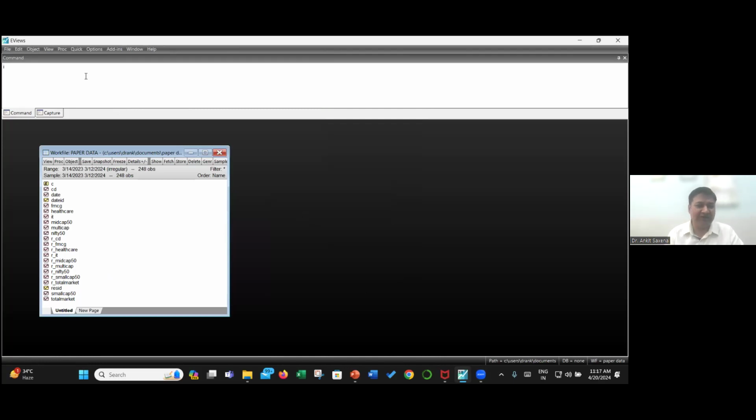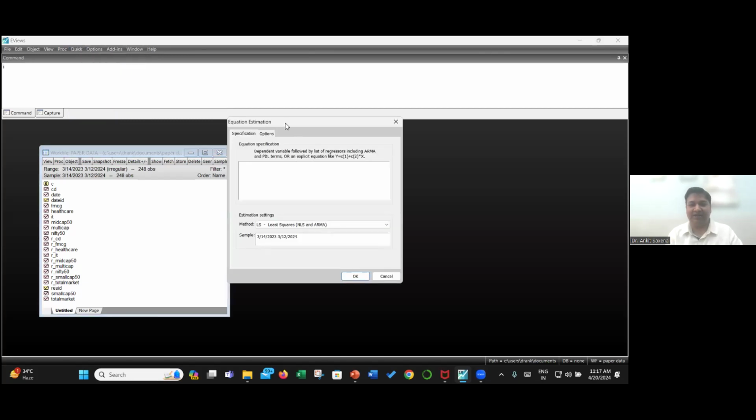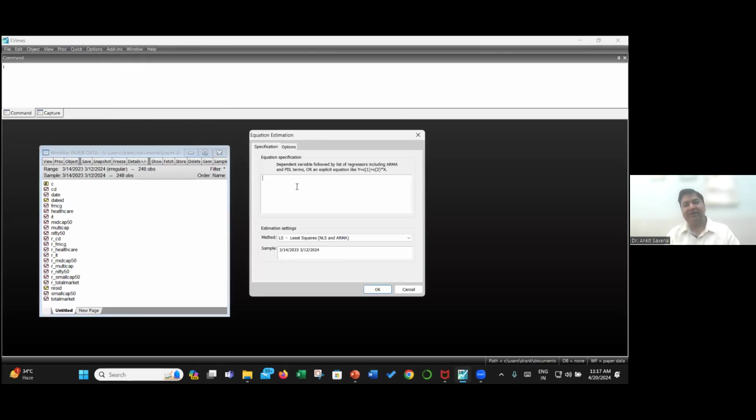And how did we do that? We went to Quick and we went to Estimate Equation. This is what we did in the last few minutes of the session. My dependent variable was small cap returns. So I typed R underscore, the way it has been written here. The same thing I have to type here. So R small cap 50, these small cap 50 returns are depending on